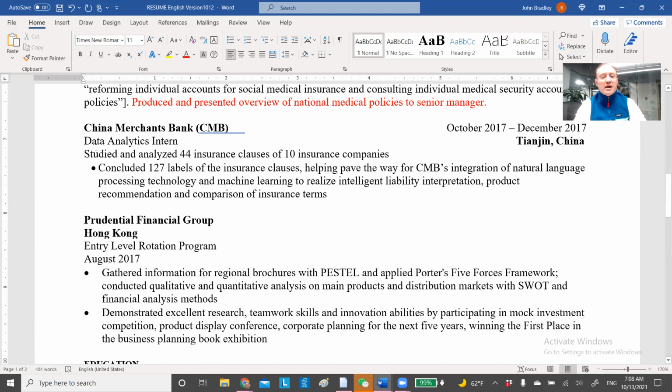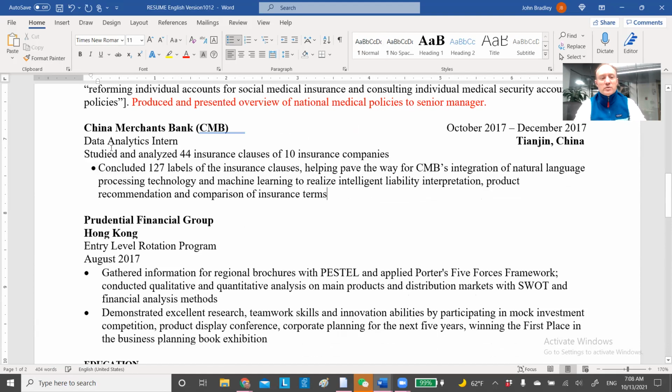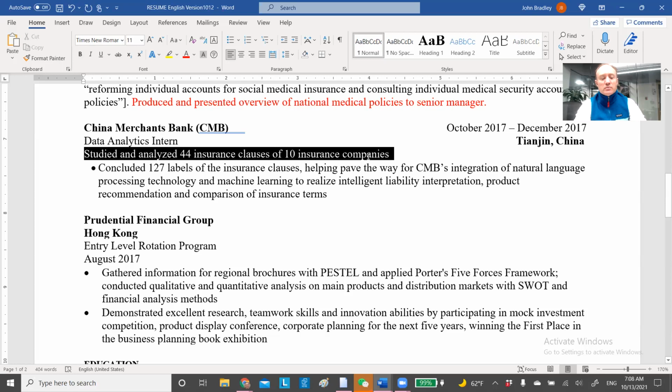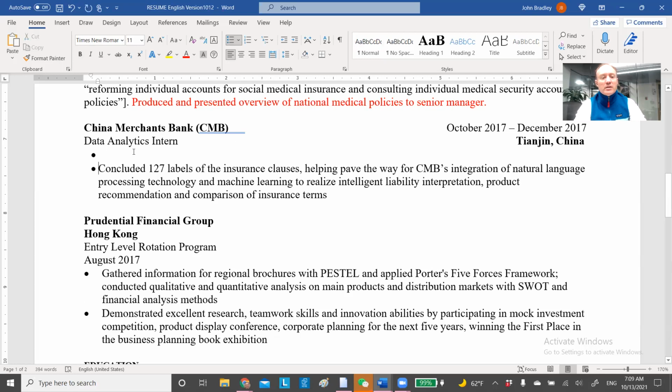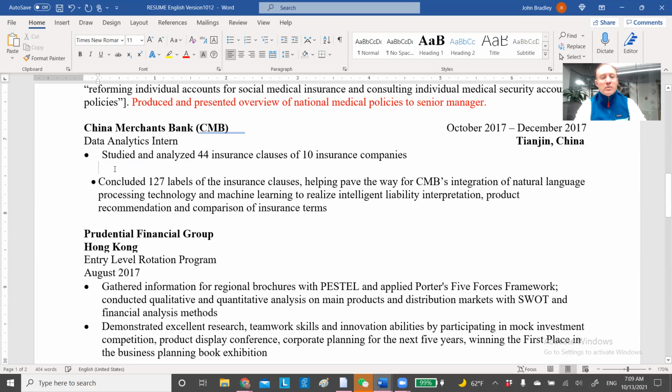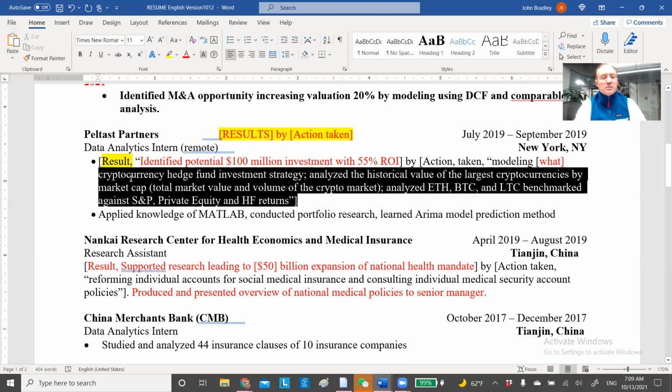And then again, we have a bunch of actions taken. We need to find out what the results were. So this individual will need to go back and figure that out. So we can have a bullet point here. This could be what they did. Fine. Let's go ahead and